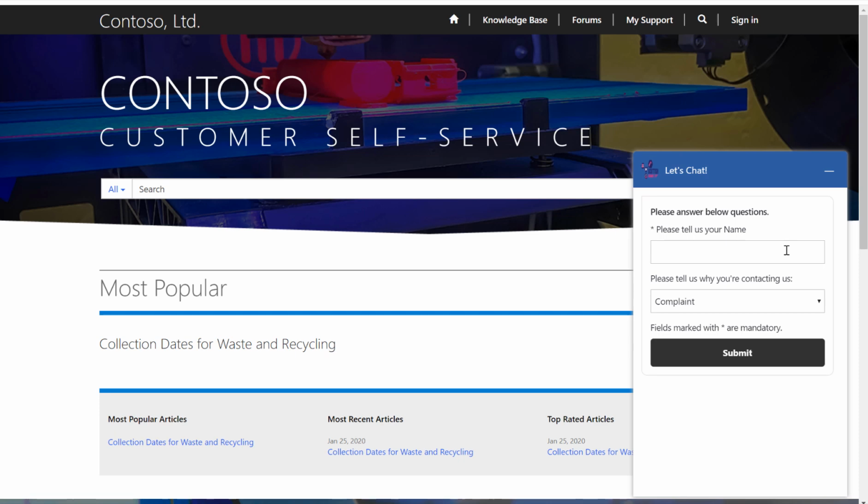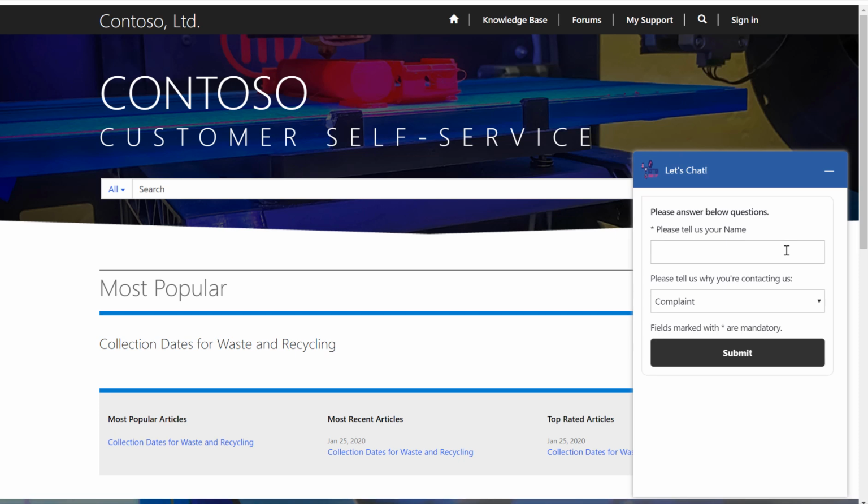There are different types of controls or field types that you can include in a pre-chat questionnaire, namely text, the list, the multi-text option, or the multi-text box that you could use for additional information that might assist the agent to understand what the issue is about.